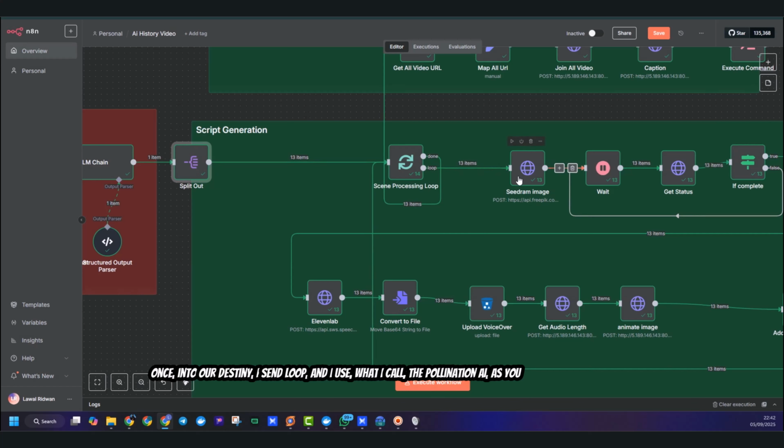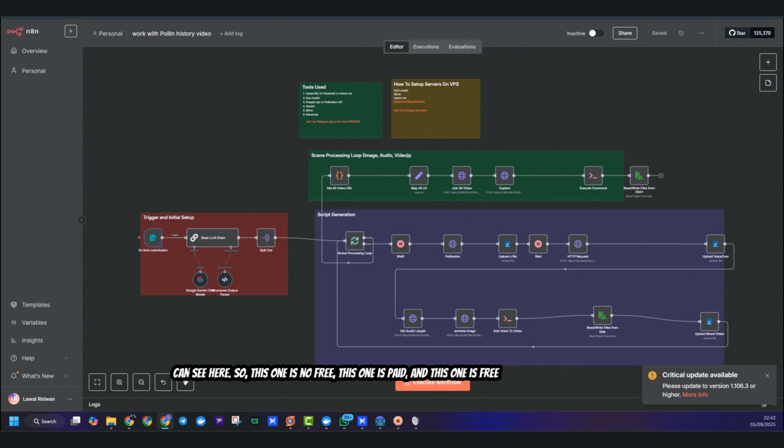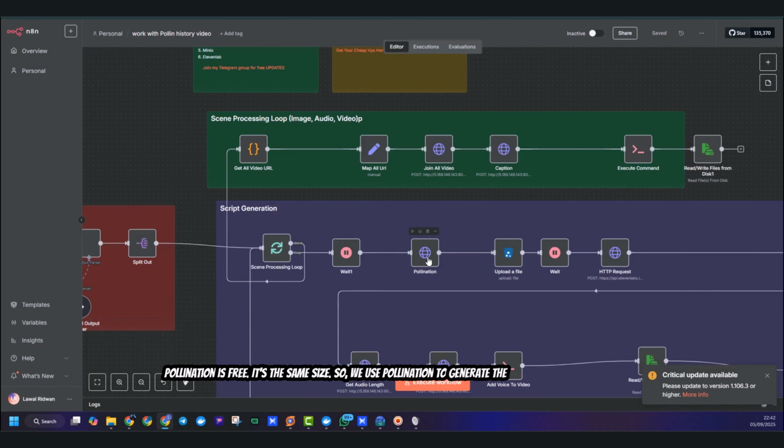Then I use what I call the Pollinations AI, as you can see here. So this one is not free. This one is paid, and this one is free. Pollinations is free. It's still the same size. So we use Pollinations to generate the images. Let me show you